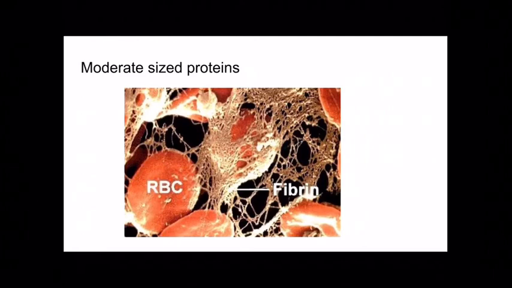You might call these large proteins. I guess we could call these moderate to large proteins. But you can see that they would be small enough to fit inside the cell, but in this case they're actually outside the cell, and they are creating the structure of a blood clot. So those are some examples of some moderate-sized proteins. Also, we could look at the proteins inside muscle cells that move and change shape in order to create a muscle contraction. That's another great example of moderate, and actually some of those would be definitely large proteins as well.